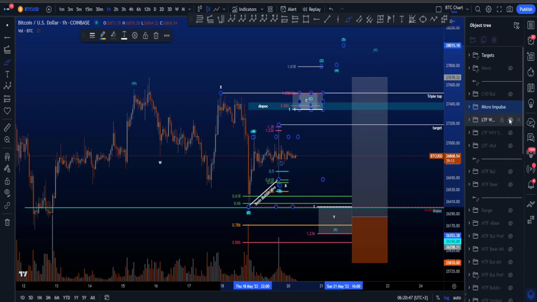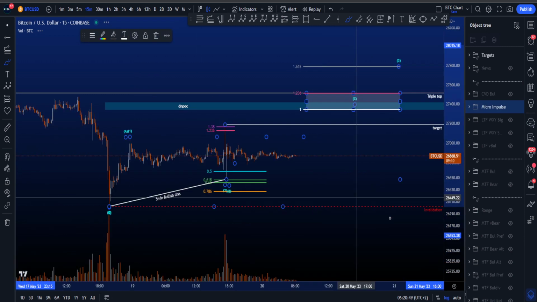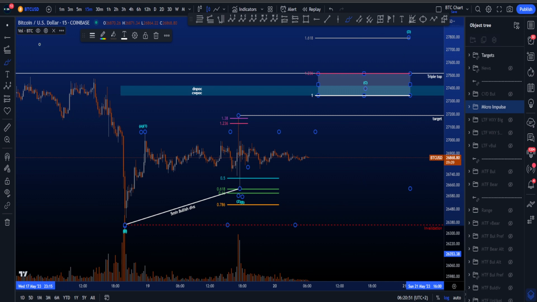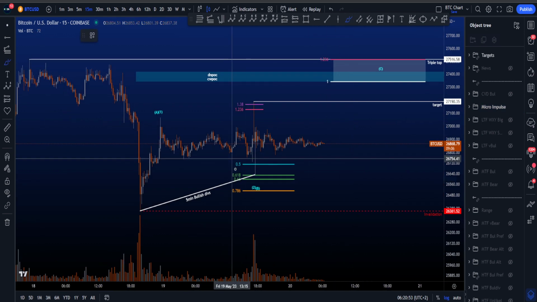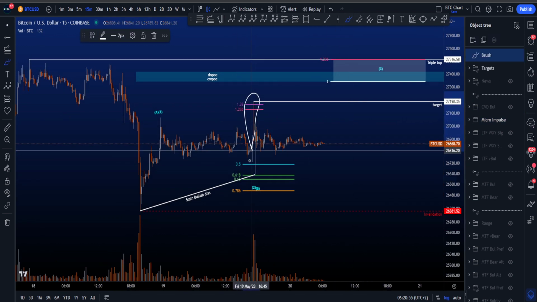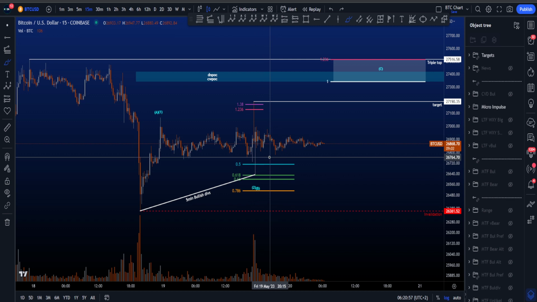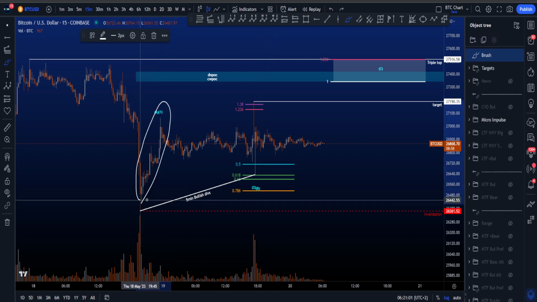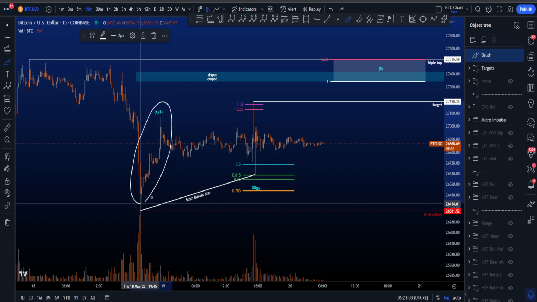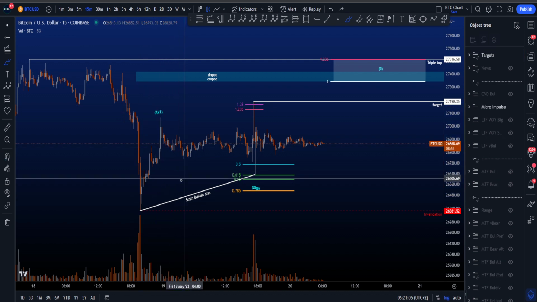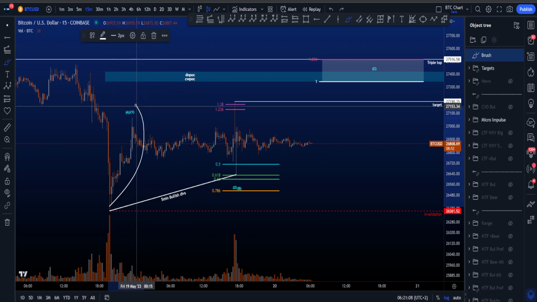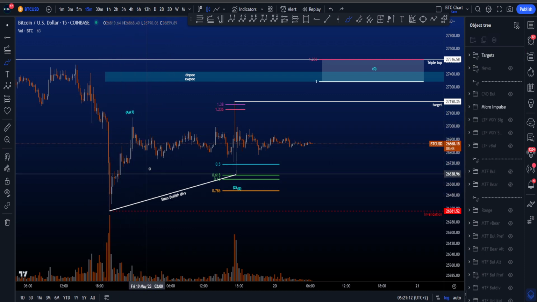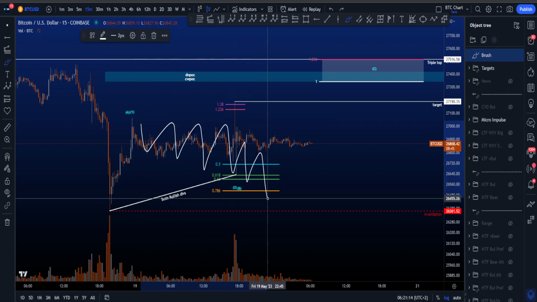If we then go to the micro scenario and we switch to the 15-minute, it's a bit of a mess honestly on the 15-minute because of the news we had yesterday. Like we have a wick to the upside, wick to the downside, also known as a Darth Maul pattern from Star Wars, you know so well. We have this then as a 5-wave structure. This looks to be, or counts best as, a 5-wave move, which then means this is either a wave A or a wave 1 in this particular scenario, which then means the corrective structure is either a wave 2 or